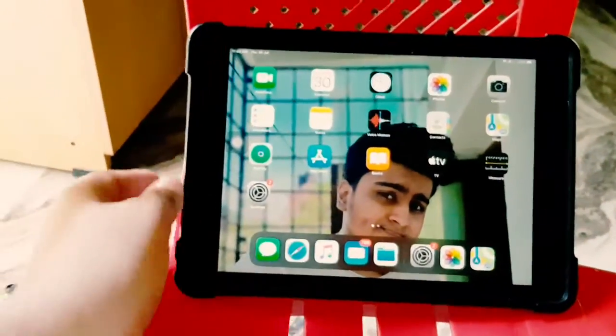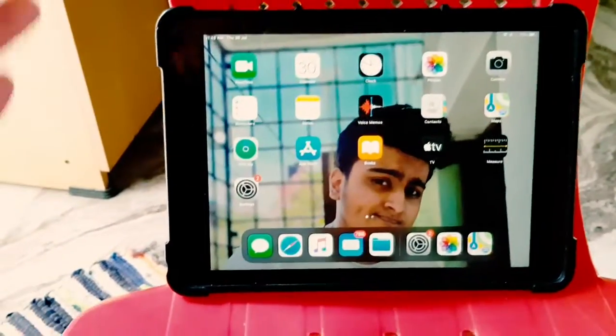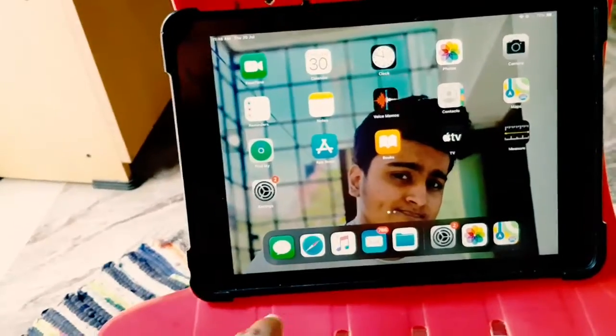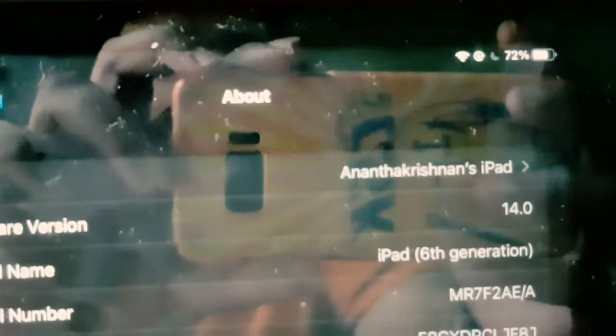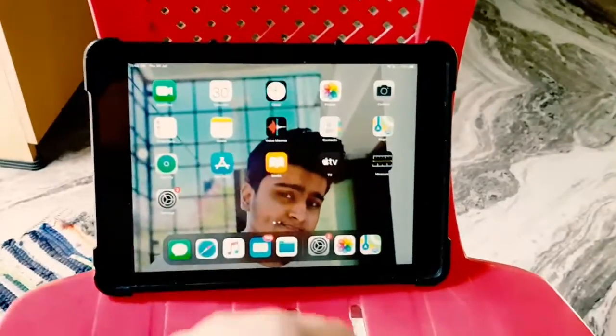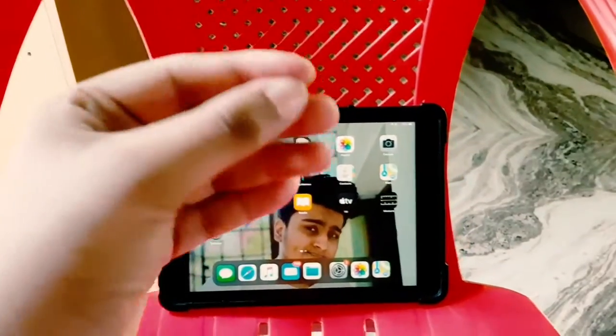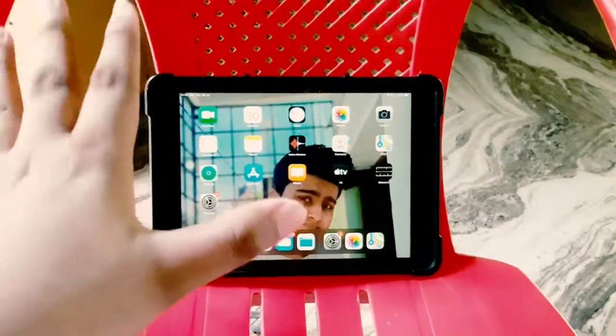This iPad is not a cellular version, so you couldn't get FaceTime, but after updating to iOS 14, I'll quickly show you. So you can see that I have updated to iPadOS 14.